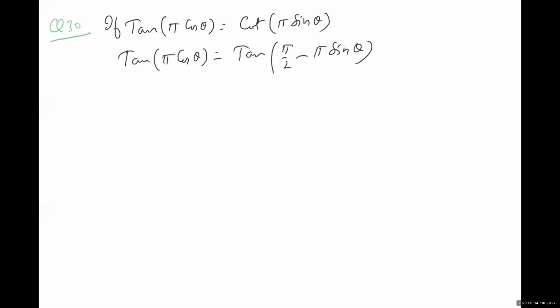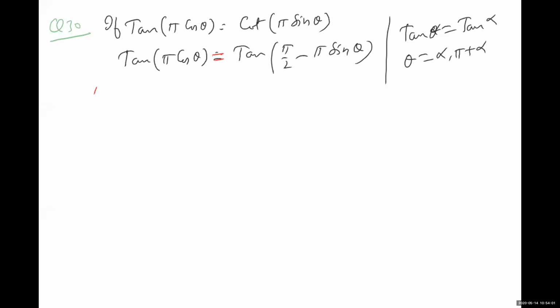Tan(pi by 2 minus theta) is cot theta. Now one important thing, if tan theta is equal to tan alpha, then theta can be either alpha or pi plus alpha, because either this angle can be in the first quadrant or third quadrant. So in third quadrant it is pi plus alpha, in first quadrant it is alpha. So from here you need not write two solutions. Actually, if it is advanced level, then you have to write all this.